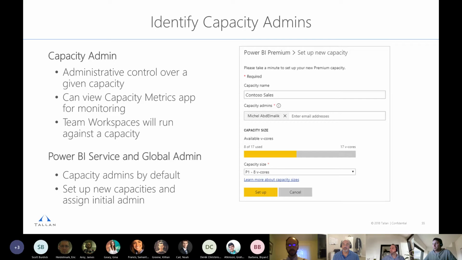They have access to something called the Capacity Metrics app, where they can see all of these statistics for their capacity. So this is an important role when using Power BI Premium, because if the finance team asks to be moved to premium, they're going to make that decision yes or no, or we need to potentially do some model tuning or buy another capacity. The capacity admin plays a part in all those decisions.